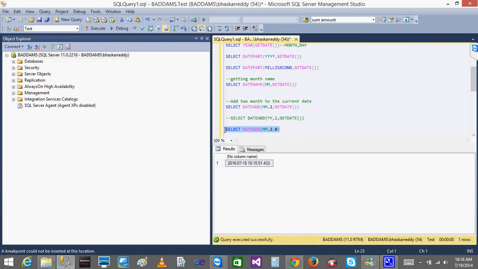Yeah, Durga, go ahead. For 0, it will show the current year. No. Can anyone? By default, it's taking 1900 something. Yeah, exactly. Dhanalakshmi, that's great.